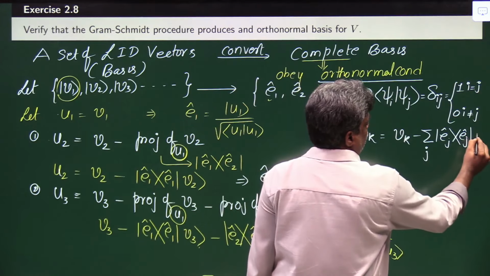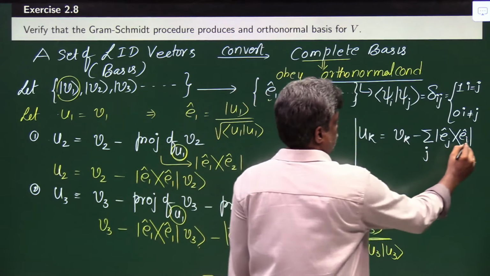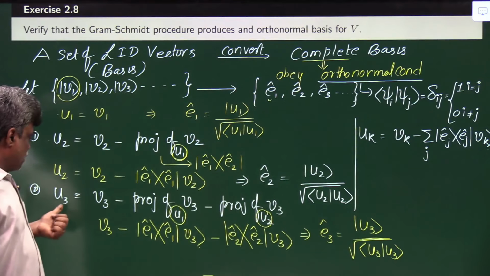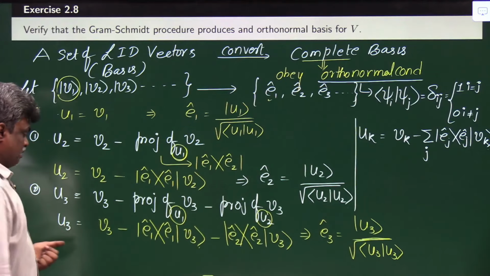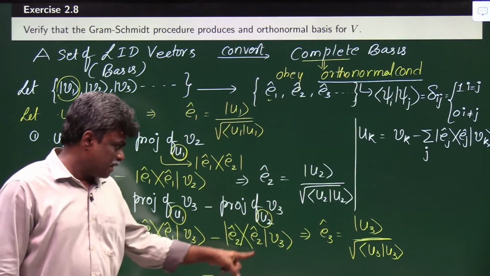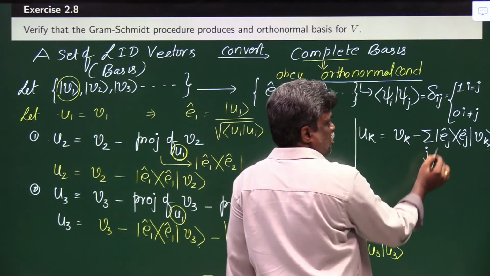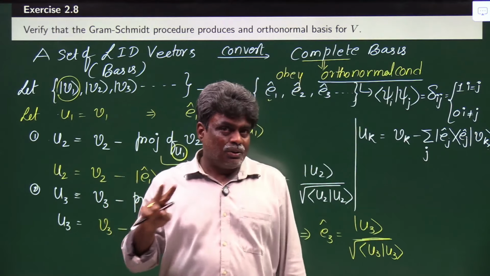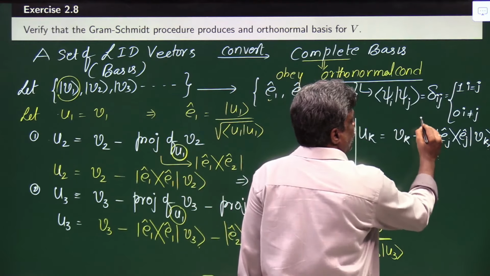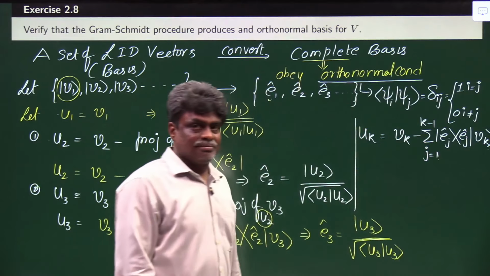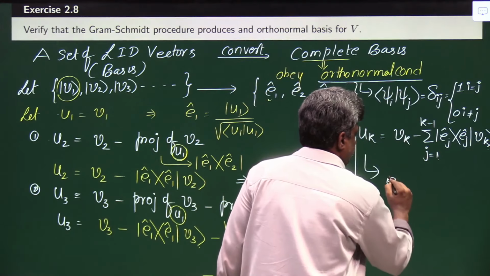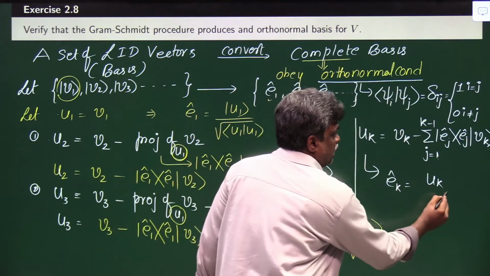Okay. So it operates on vk. But if you observe carefully, whenever you are finding u3, you got only two terms here. One is corresponding to u1, another is the projection operator corresponding to u2. So you will get the projection operators. How many? Whenever you are finding u3, you got two projection operators. Whenever you are finding uk, this j is running from 1 to k minus 1. That's it. So once you got this uk, you can find the corresponding unit vector uk